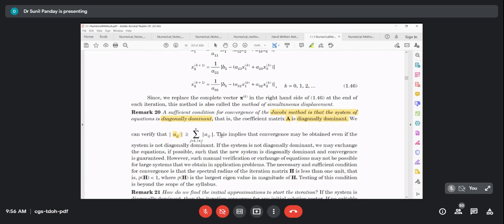So sometimes in the viva I will ask what is diagonally dominant, the first question. Second, I will ask, tell me the condition when the Jacobi method or Gauss-Seidel method converges. For what kind of systems will the Jacobi method or Gauss-Seidel method converge? Then you have to tell me that if the system is diagonally dominant, then the Jacobi method and the Gauss-Seidel method will converge. And then if I ask what is diagonally dominant, you have to tell me this condition.